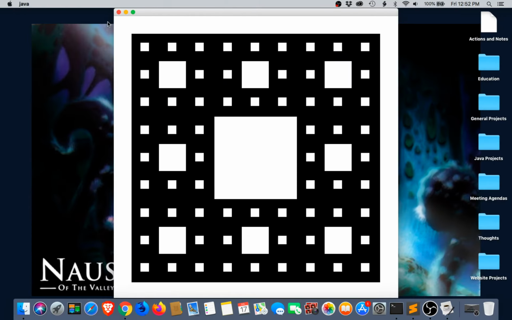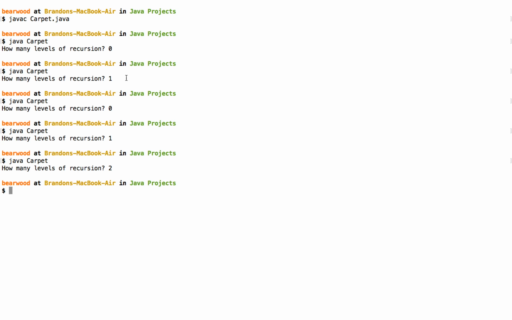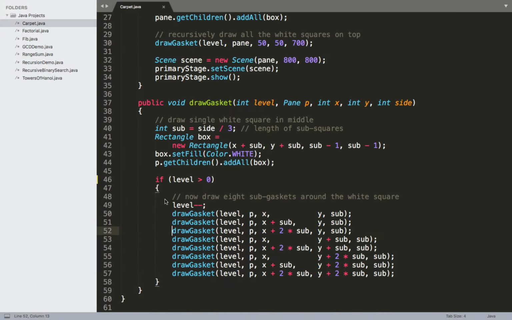So now let's take a look at what happens when we continuously do this and we start adding more and more levels of recursion. The last time that I did it, when we did it with 2, we had 64 of those much smaller white squares. We also had 8 of the medium-sized white squares, and then we still had the one somewhat larger white square in the middle of that. So if we add all that together, that gives us 73 total instances that we had to call this draw